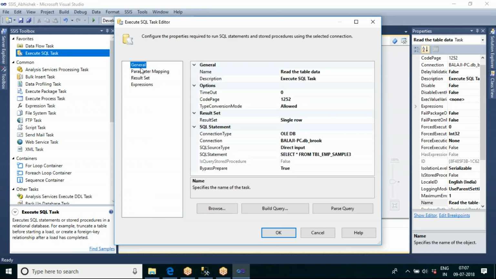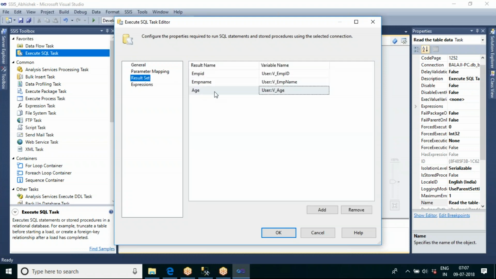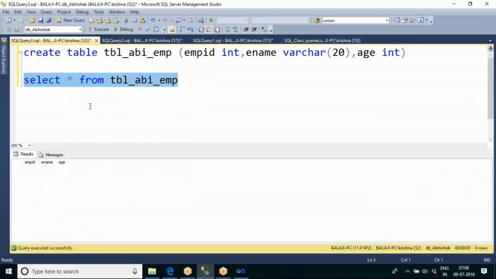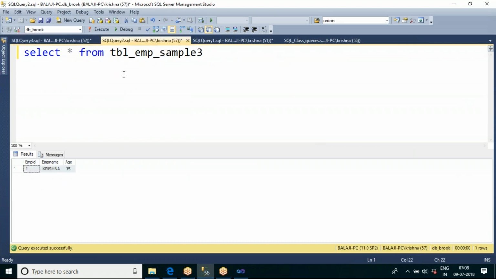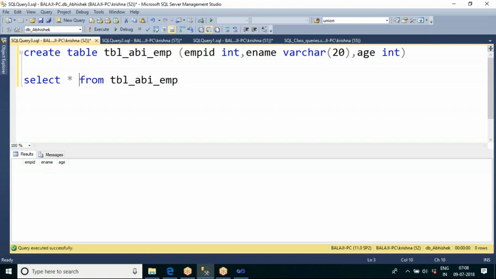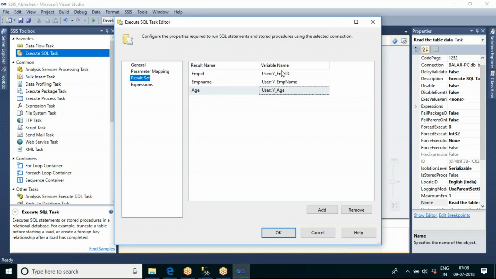Okay, so what I'm doing is writing a select query, and this select query gives me a single record, and those column values I want to store in the three variables. My requirement is I need to read the data from this table and insert it into this table, no? So I can use the variables to insert the data into these columns. Why I'm storing the data in the variables is so that from now onwards I can use them while inserting the data into the second database table.